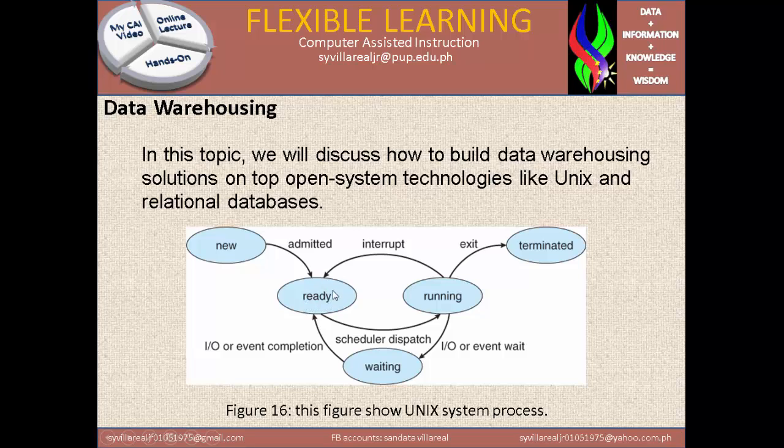Now on the ready state, you will notice that it will go to the running state. Just in case there is incompleteness of the data, or it has not yet been transacted, then it will go to terminated or exit. But if there is an error we encountered, or lack of data of the new admitted, then it will